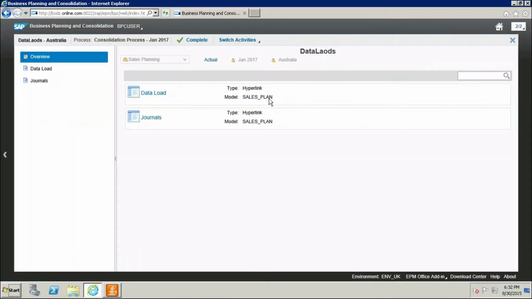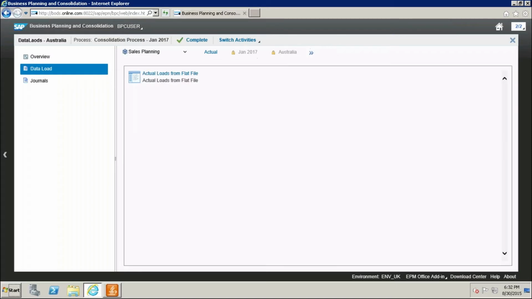Whatever I created, first the data load and after that the journals, these two workspaces he can see here. Just click on this web link and it goes here.